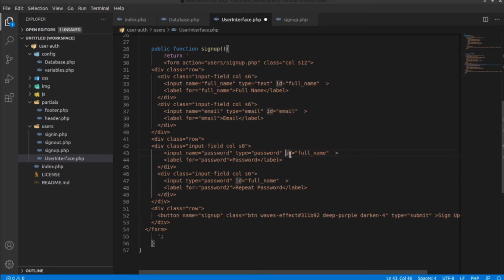I don't need this ID, you can delete it. This should be password 2. Repeat password. This is password 2, and we don't need this ID as well, because we are not going to style any input field manually, so we don't need those.